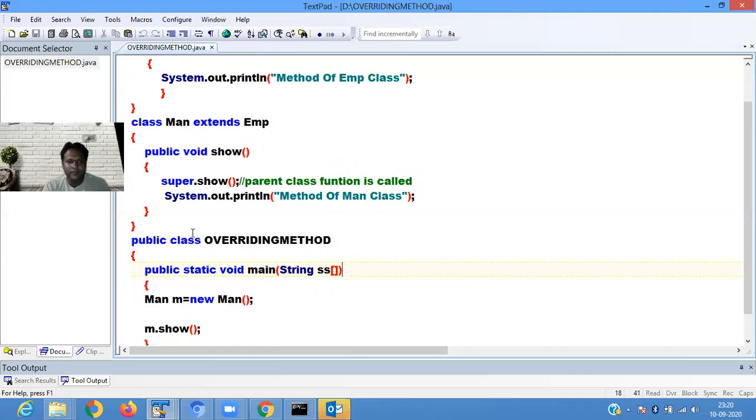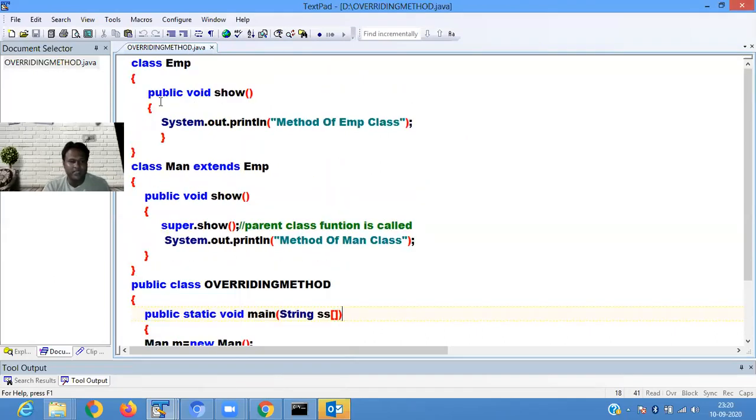Here the same function is used in the parent class and the child class, but its functionality changes. The Employee class shows it is a method of the Employee class, and the child class shows it is a method of the Man class. By using the super keyword, we call the parent class functionality here.